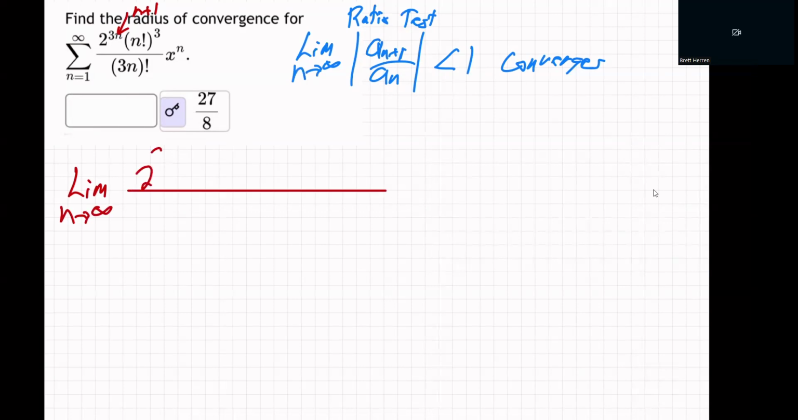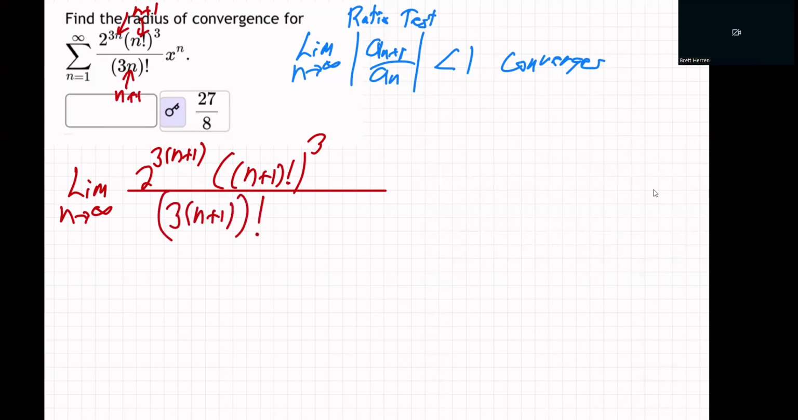So 2 to the 3 n plus 1, and then n plus 1 in there, times n plus 1 factorial to the third, and then n plus 1 in there, it's getting ugly, 3 times n plus 1 factorial. And this x to the n is over 1, so I'll put that in the top. X, again, plug in n plus 1 there too. All right, now I'm going to put that over